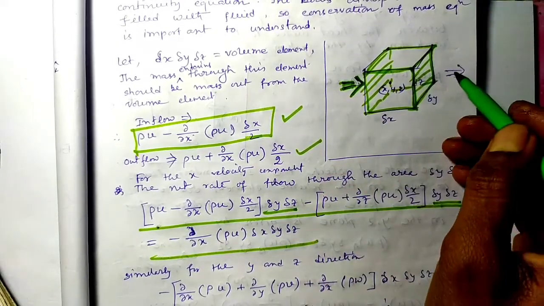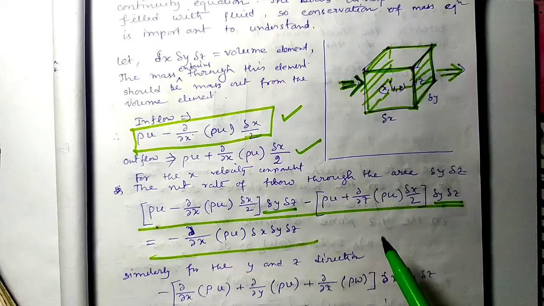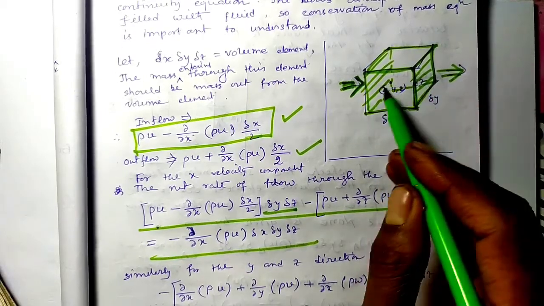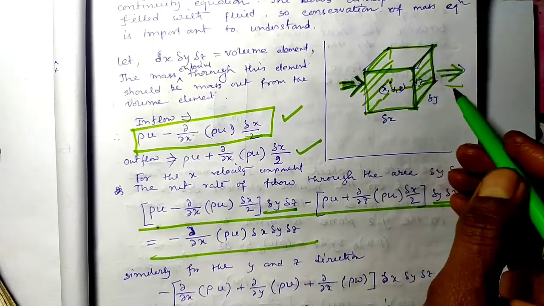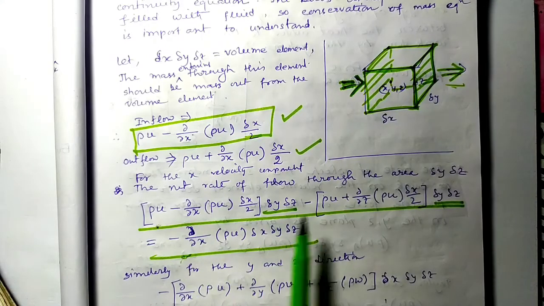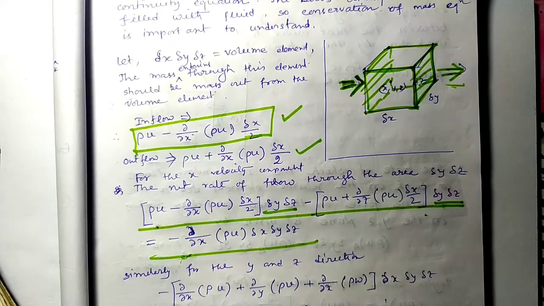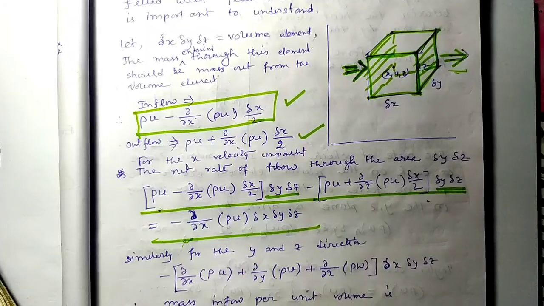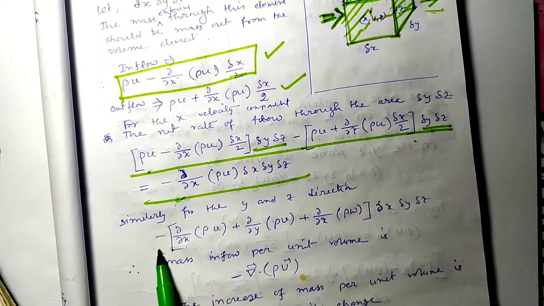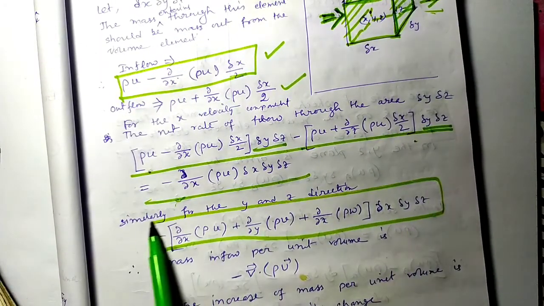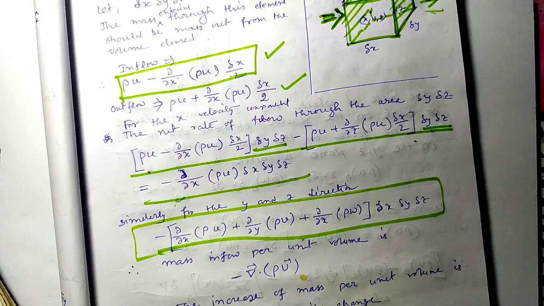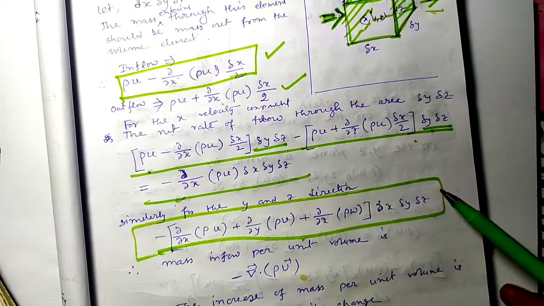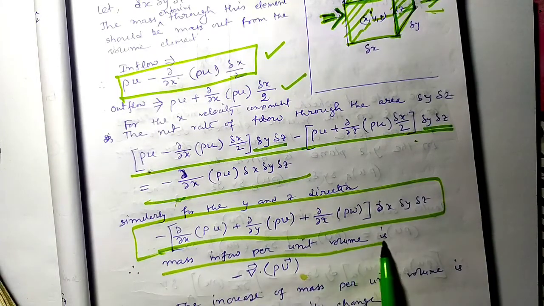It is going this side. These two sides are in opposite directions because we are considering inflow, that's why we are giving a minus sign. Similarly for the y and z directions, we can write the same equation. Now combining these three, dx, dy and dz, we can write the mass inflow per unit volume